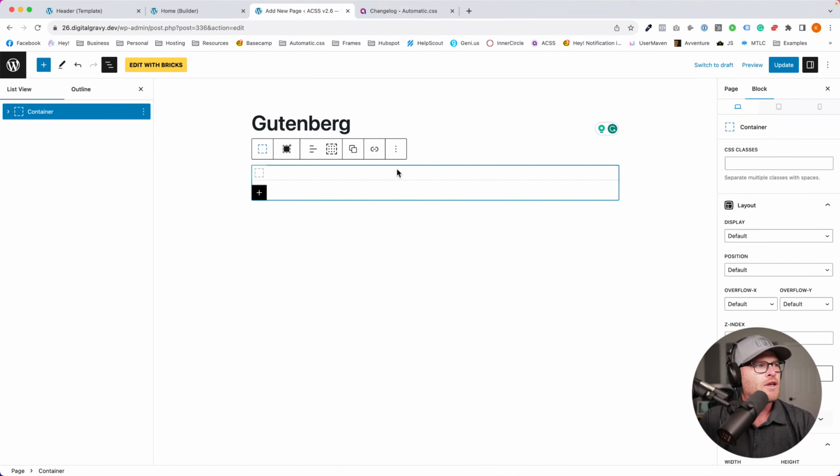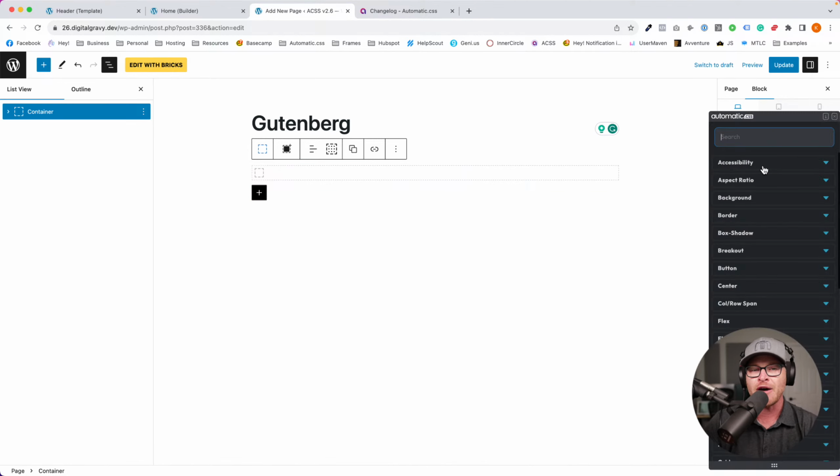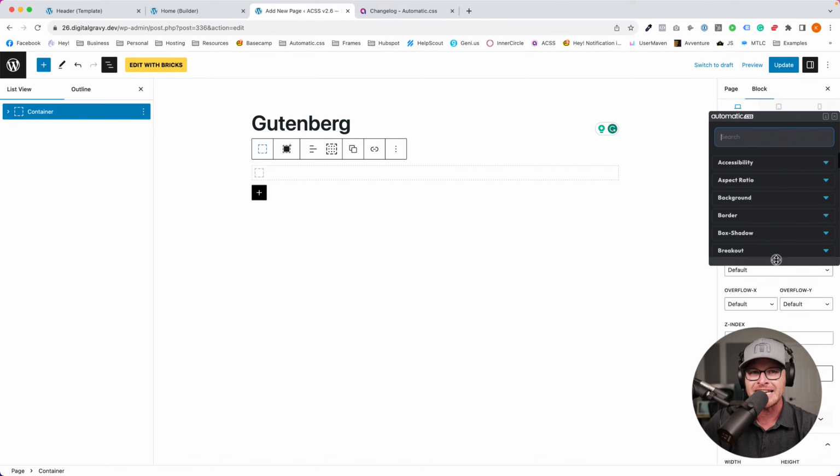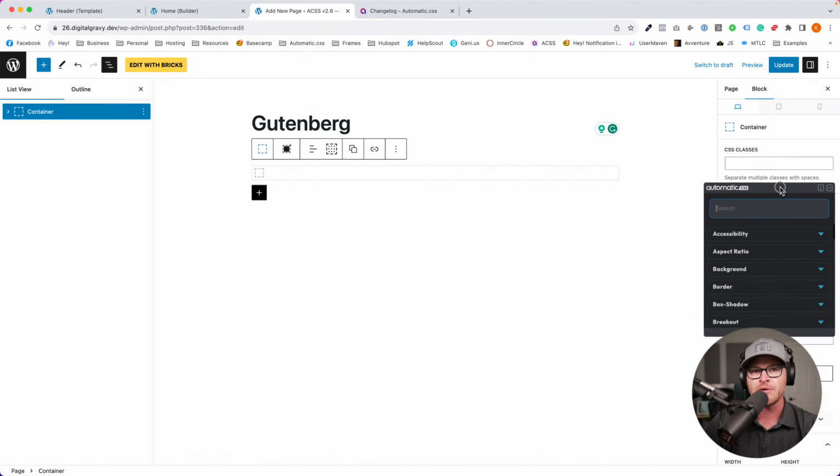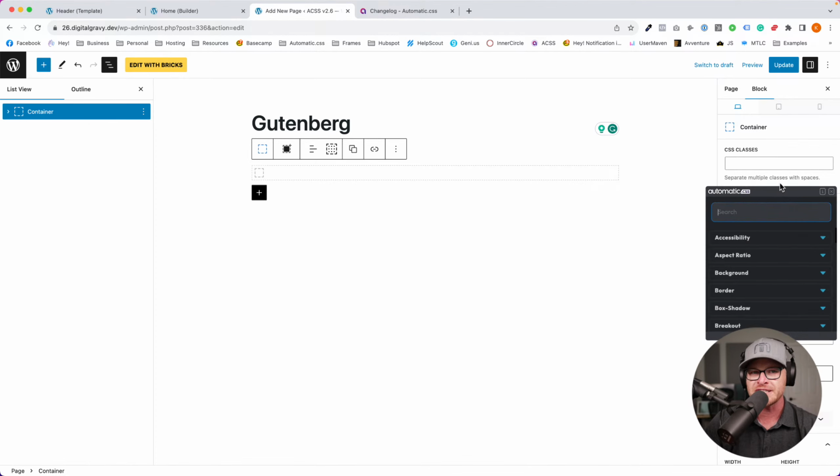Okay. So CSS classes box, now everybody should be able to see it much, much easier. CSS classes box, top right side. But this is not all, my friends. Another very important change is you now have the right-click context menus within Gutenberg. And you can now adjust the height of this panel. So some of y'all like it really long, so you can see a lot of stuff all at the same time. Some of you like it nice and tidy. You can also move this box, by the way. So obviously I don't want it covering my CSS classes box, so I can just reposition it where I would like it to go.